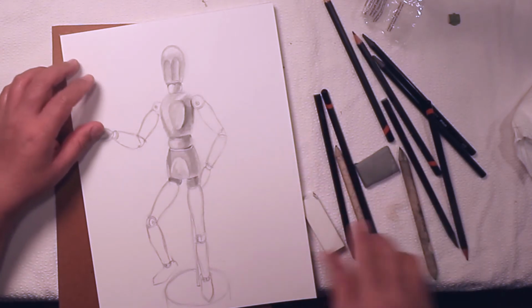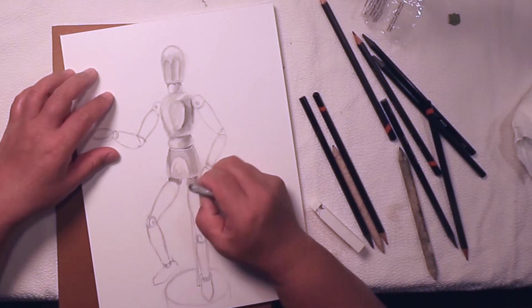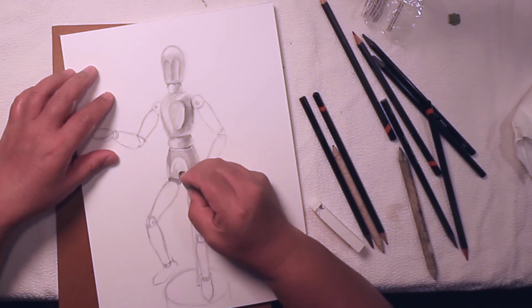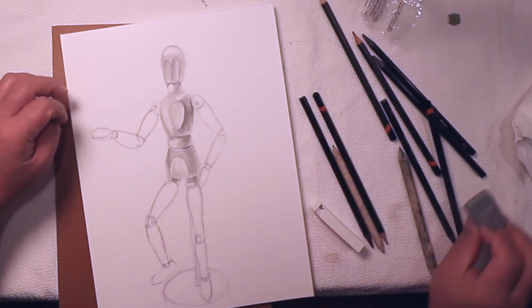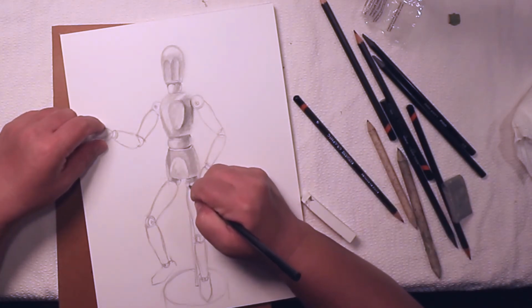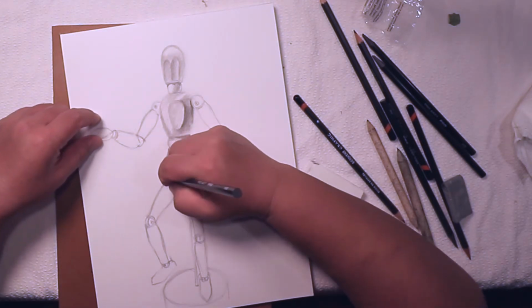Okay, now I could just use this eraser to kind of erase up a little bit of reflected light, which is at the bottom of the ball and also at the back right here, and also right here on this opposite side. And then go back in, and I'm going to draw that little slot. I see a little bit of the slot right there. And I'm going to draw